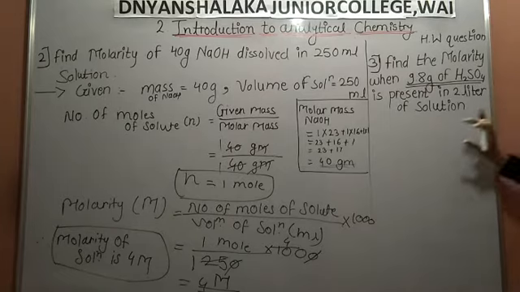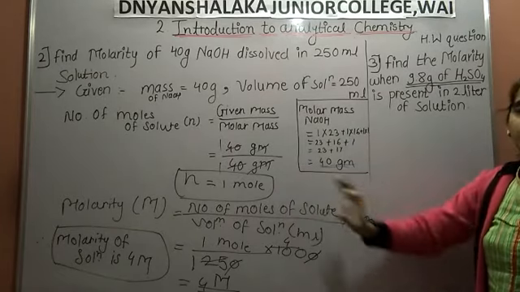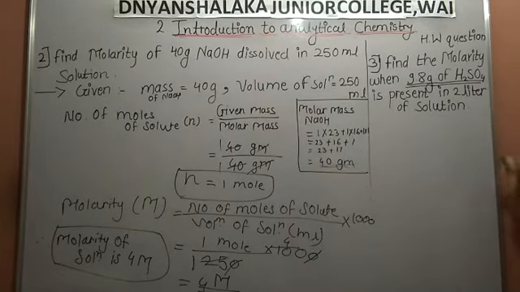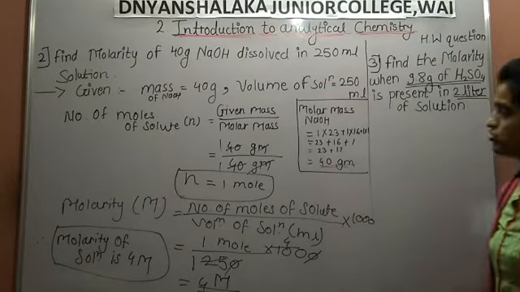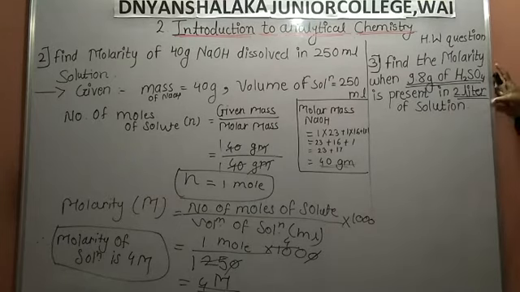Using this formula, we first find the number of moles, the same as before. Next we are given 2 liter of solution, the volume of solution given in liters. So using the first formula, molarity equals the number of moles of solute upon the volume of solution in liters, we find the molarity of the solution. This is your homework question.